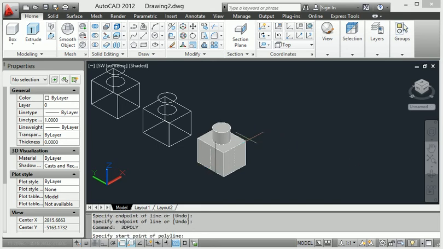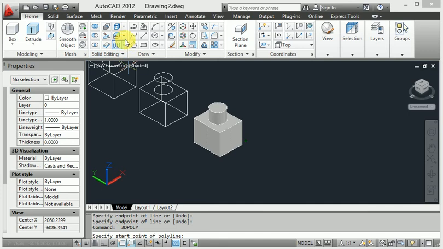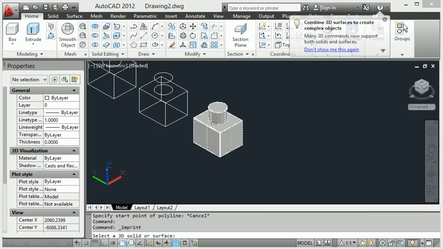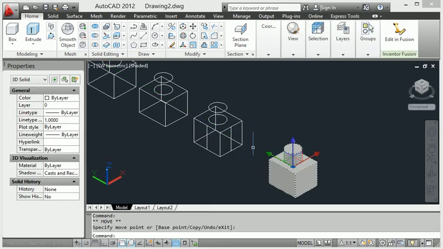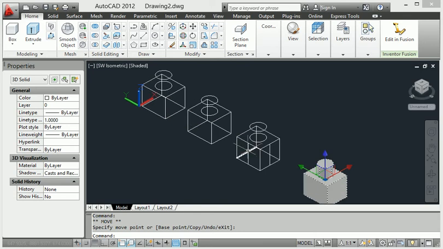So let's start how to do that. When I click imprint here, click the body and select, you can see this imprint line. This is an extra line I have created right now.